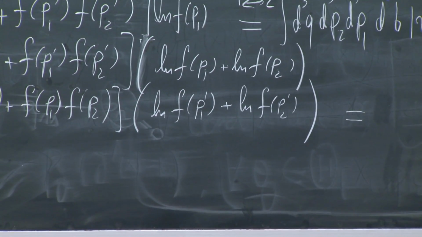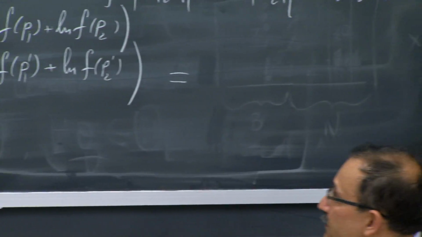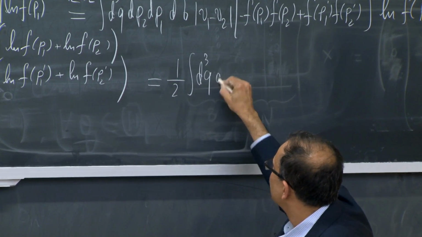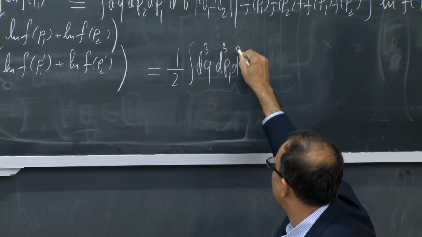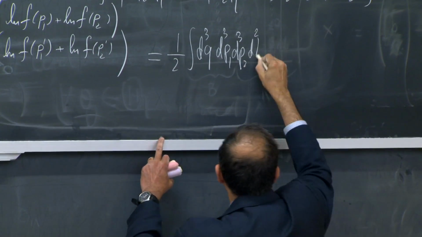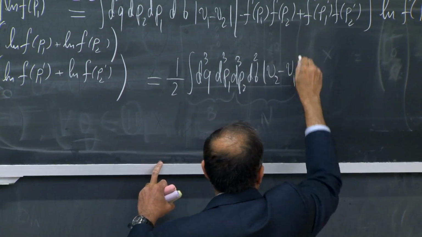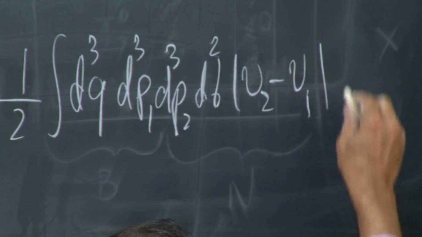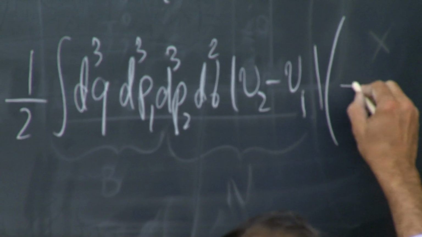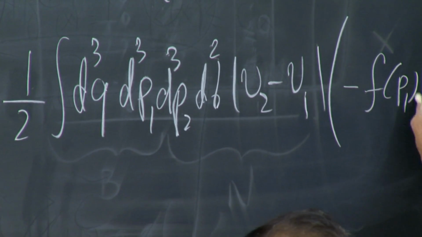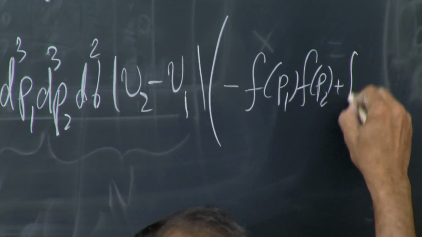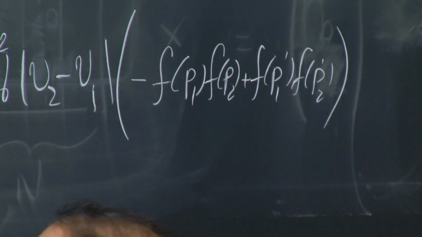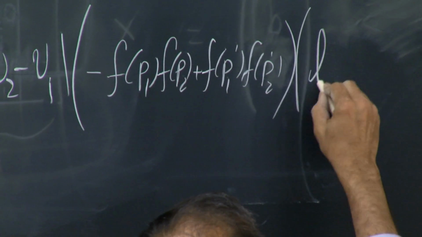So essentially, having done that, you can also rename variables. Things that I was calling P1 prime, I can call P1. It's another renaming of some variable. And again, it really doesn't matter which relative velocity I write down. They're all the same thing. So what will happen is that I will get minus f of P1, f of P2, plus f of P1 prime, f of P2 prime. And the only thing that happened is that the logs,